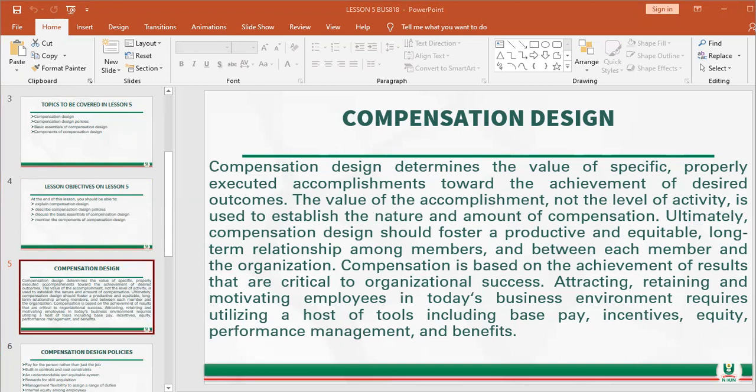That's what the compensation design is actually talking about. And we move on to